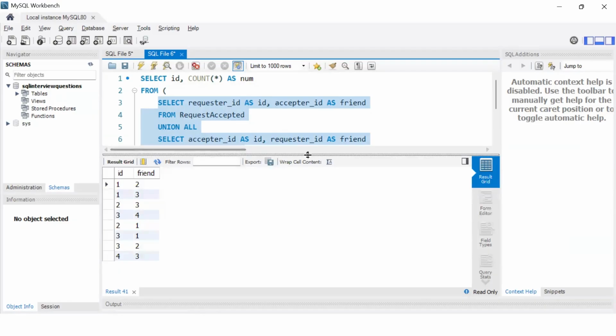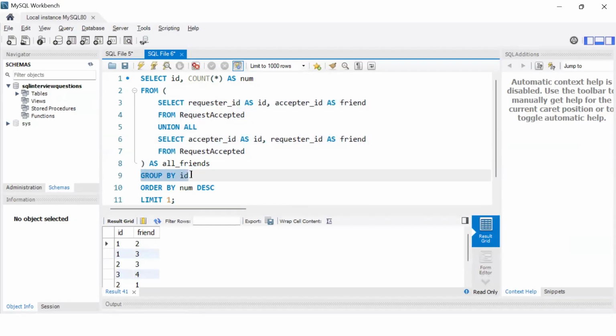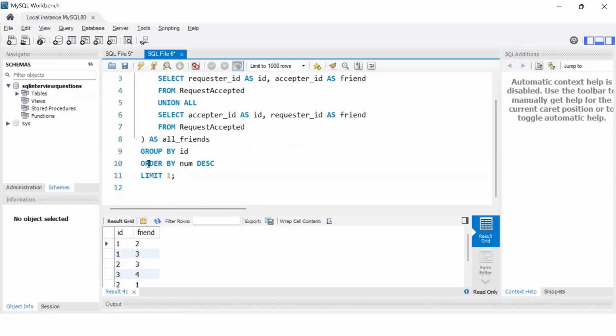Now that's pretty simple. All we have to do is simply group by ID, and then count. You can see over here we are counting. So group by ID, count, and I am also ordering it by number in descending order, and then putting the limit. Let me quickly show you the results.